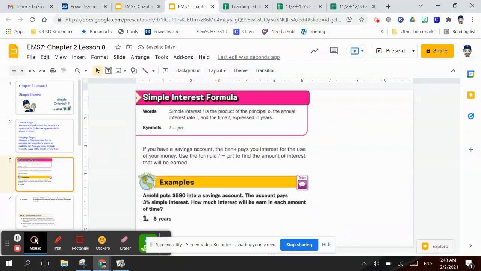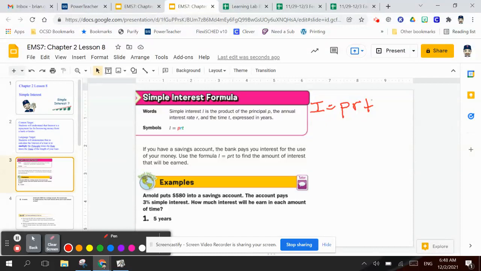So the simple interest formula. Simple interest is the product of the principal, P, the annual interest rate, R, and T, time, expressed in years. So to write this out, the interest equals the principal times the rate times time. If you have a savings account and the bank pays you interest for the use of your money, you can use the formula that interest equals principal times the rate times time to find out how much